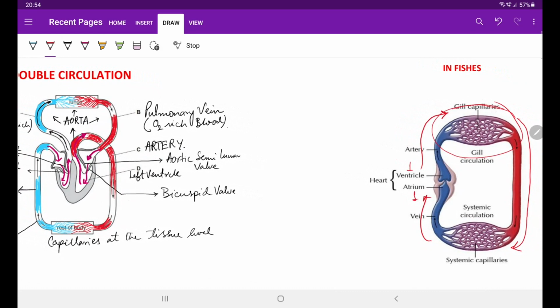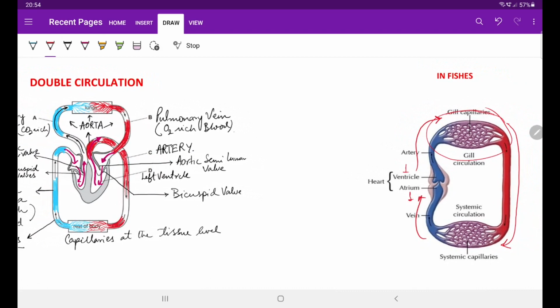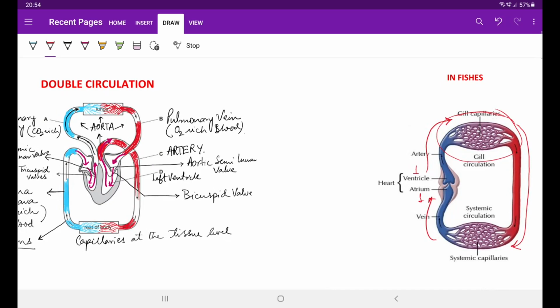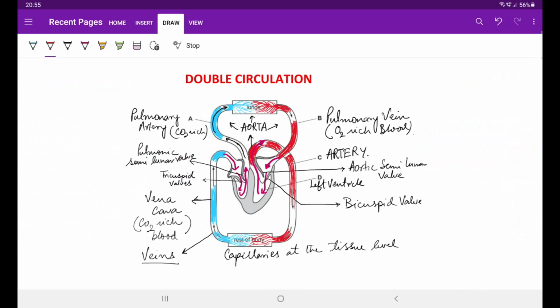And that is also one very important concept which we will be covering in our next video, that is about the types of circulatory systems, about open circulatory system and the closed circulatory systems. And in our next video we will also cover the cardiac cycle in the human body.